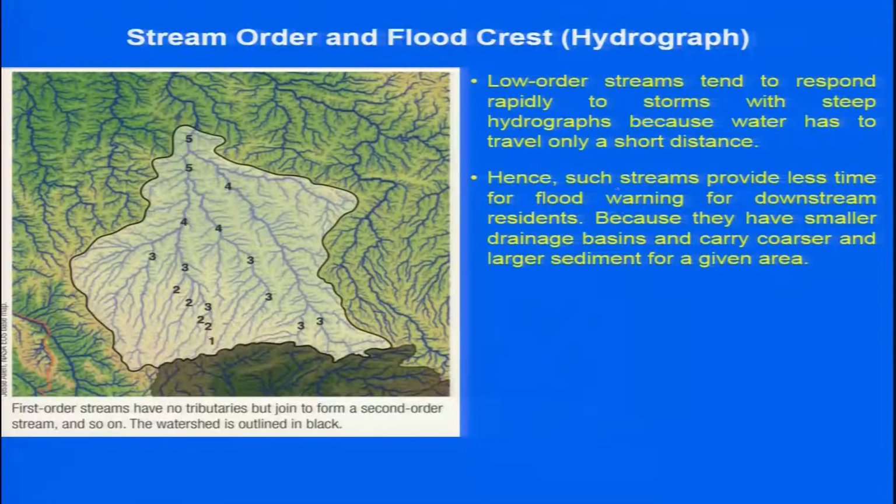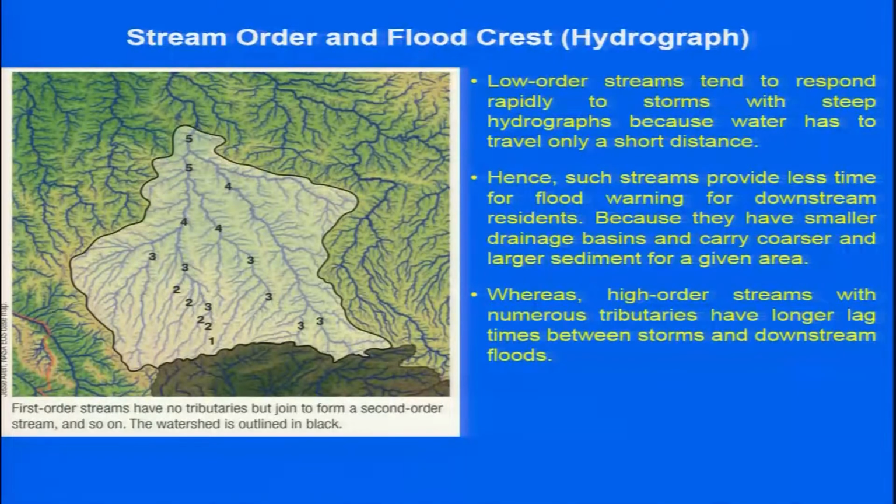Hence, such streams provide less time for flood warnings for the downstream residents, because they have smaller drainage basins